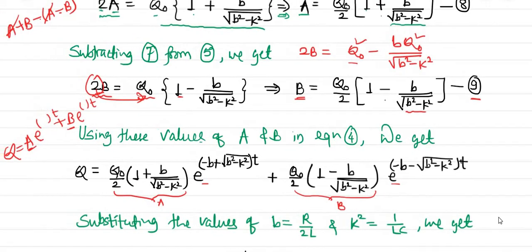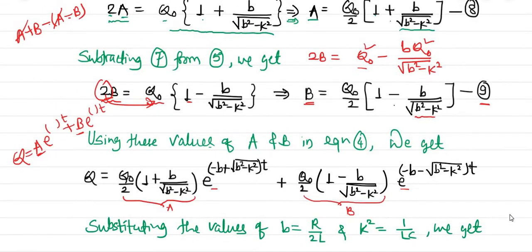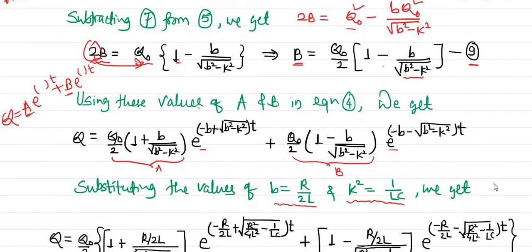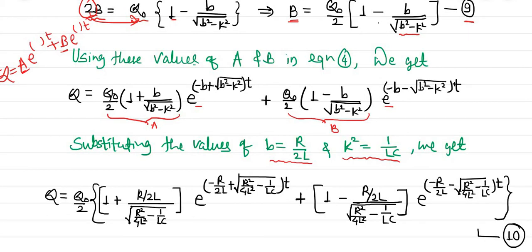Now again here we have made one particular substitution. If you remember, we substituted 2b is equal to R by L. So here b is equal to R by 2L, and this value we have substituted already. K square is equal to 1 by LC. So just return those values also, because here the b and k are not actual values of the electrical circuit. These are the terms we have assumed for our simplification, right? So just return those values. So after returning those values, then what happens?